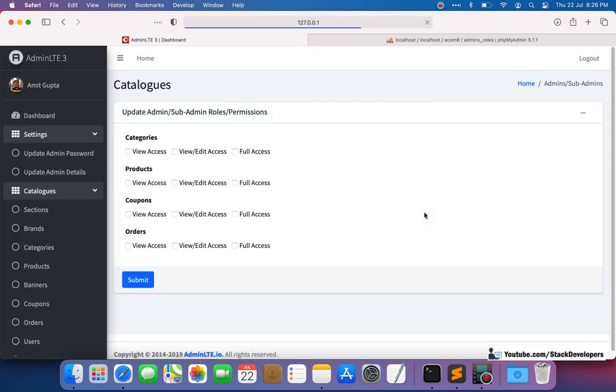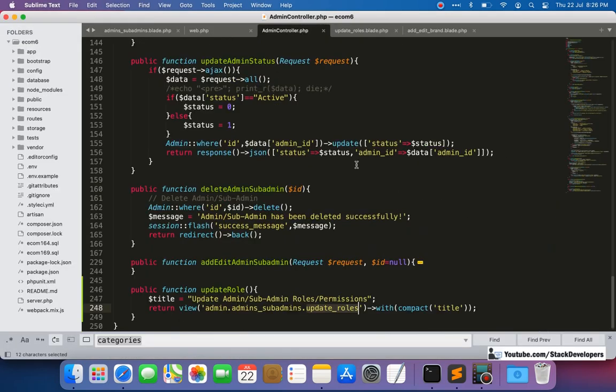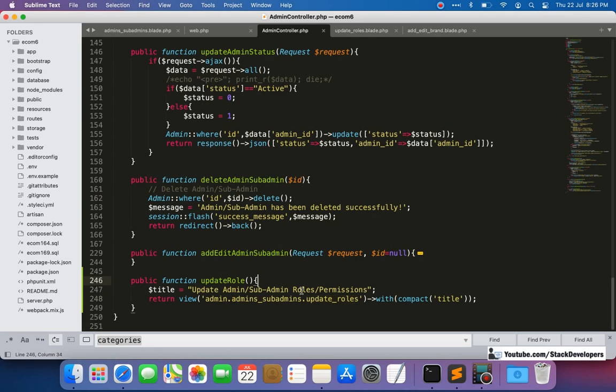You can add other modules of your own. See here. Okay, so here we can set the permission for admin subadmin.